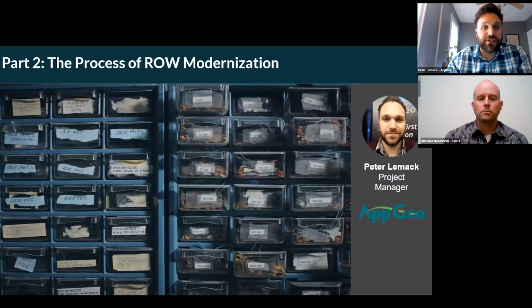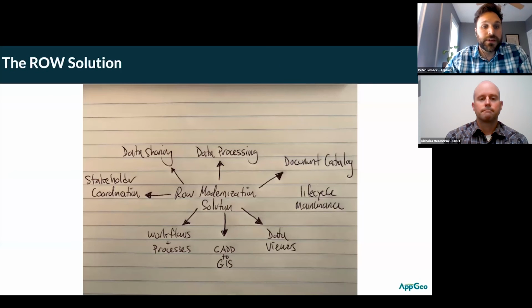So let's talk about how we go about doing that. What is our process of modernization? And again, remember, this isn't technical, but we're really going to stay at a high level with how we can start this effort. So before we get into that, I just want to talk a little bit about our right-of-way